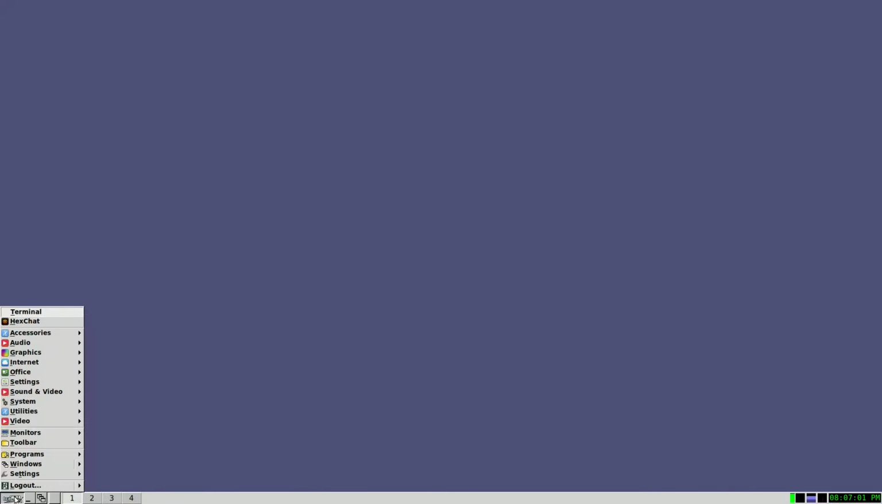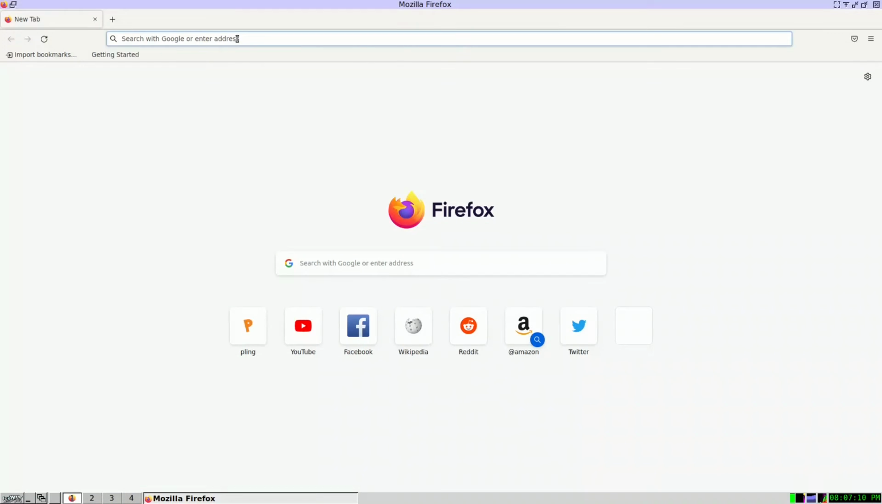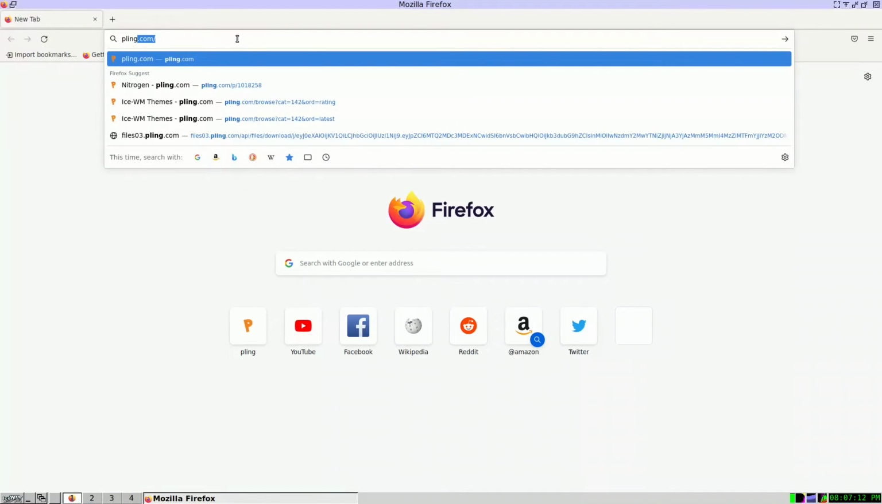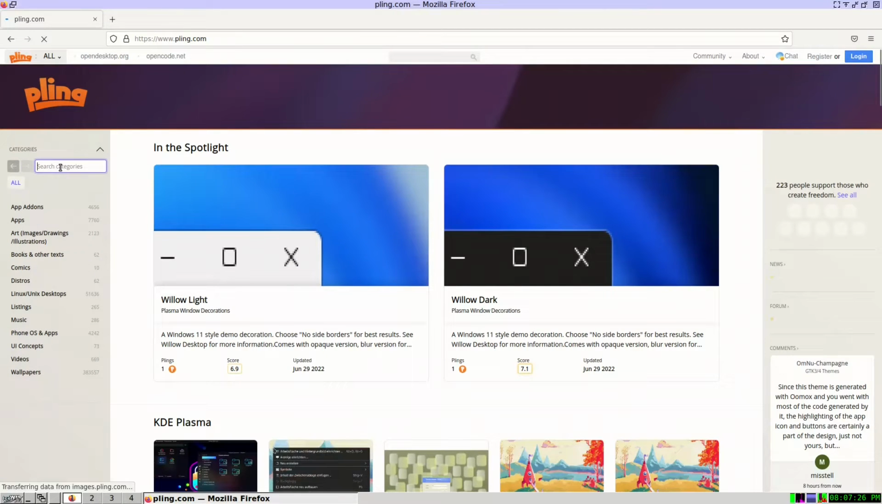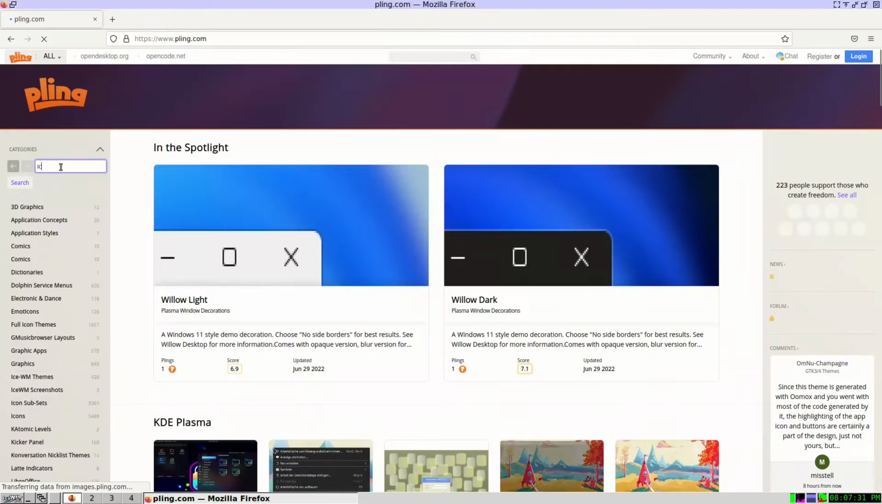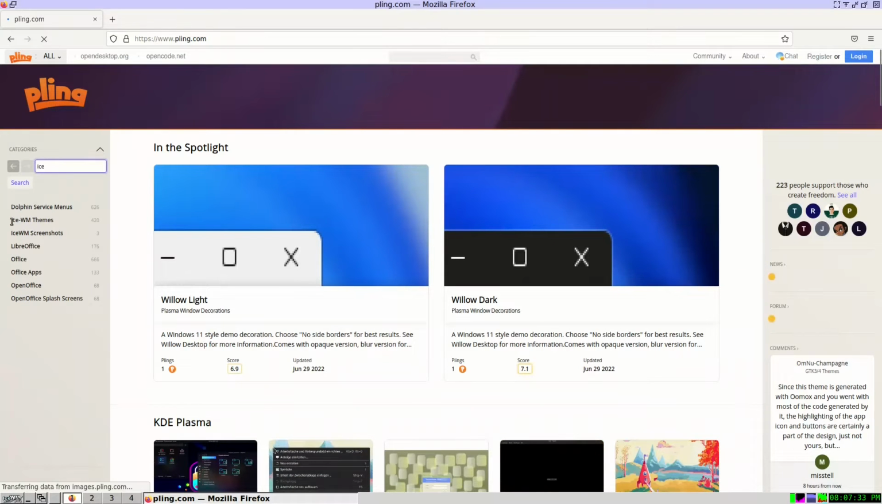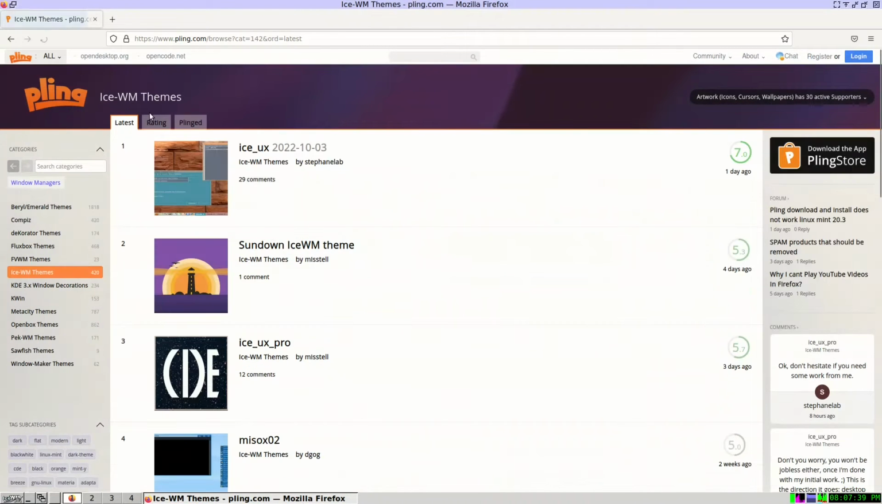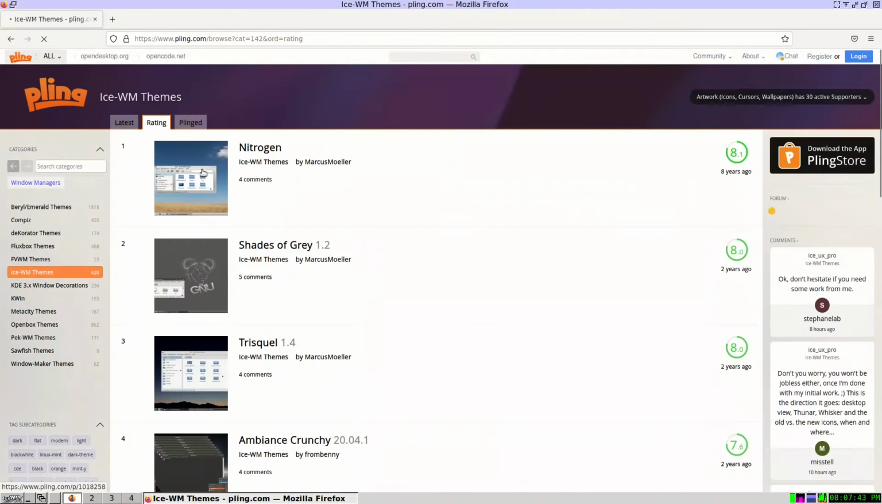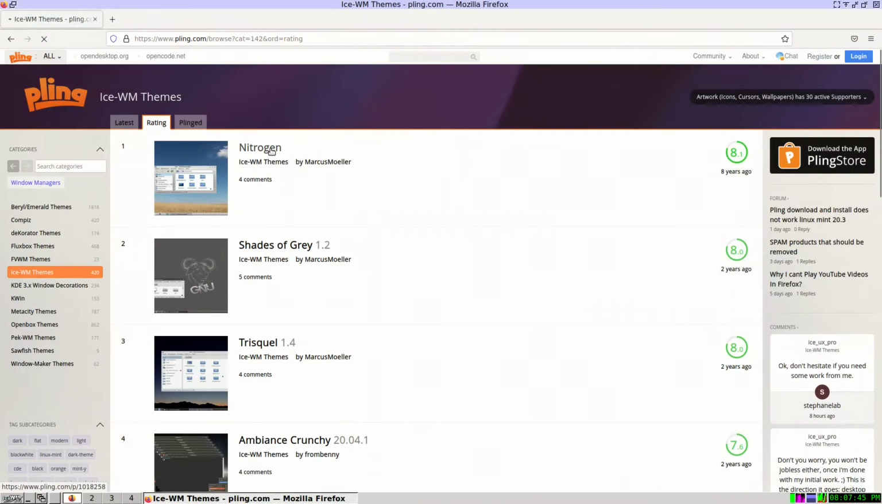What we can do is go to the internet web browser, go to Firefox. We enter pling.com. So we're in Pling. We need to search for iceWM. So we search for ice, and we'll have iceWM theme 420. I press it. You will have a lot of themes. We go to the rating. The most rated one is nitrogen. I will press it,